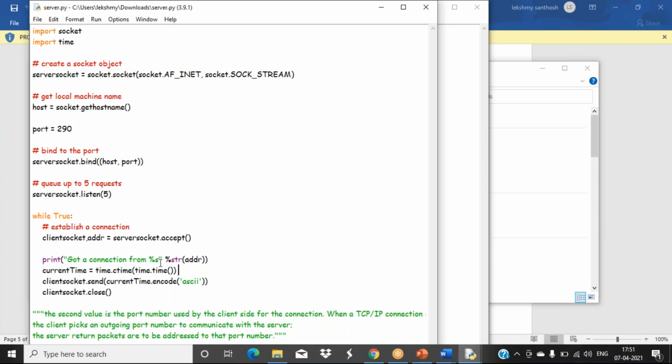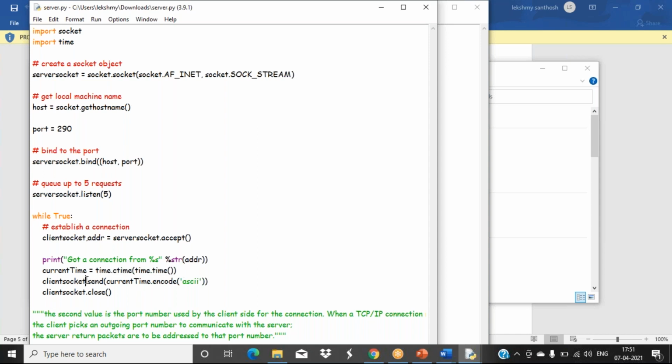Got a connection from this one, because we will not concentrate much on these things. We have to create a web server later, but this is the starting. This concept you should know, then that will be easy for you in Python. We created the time. You can use ASC time or else you can use this syntax there.